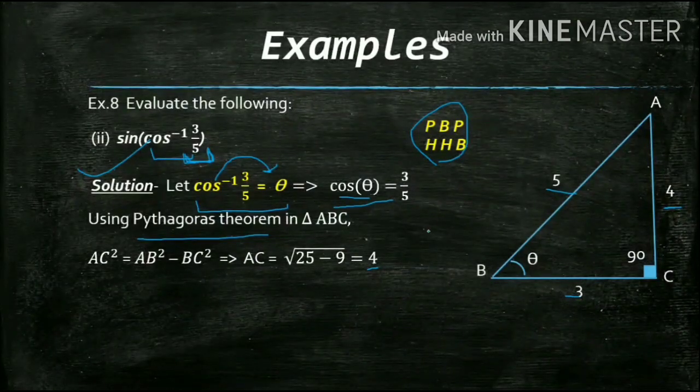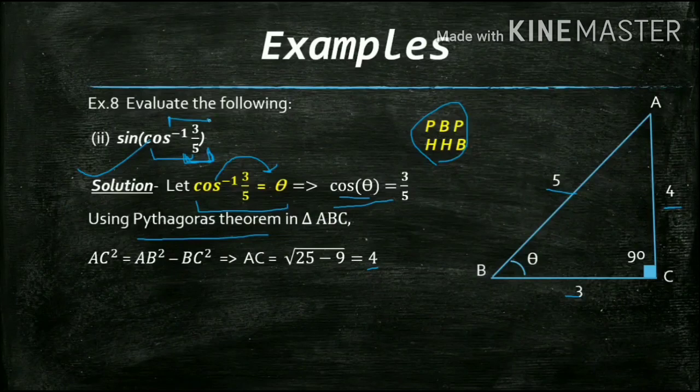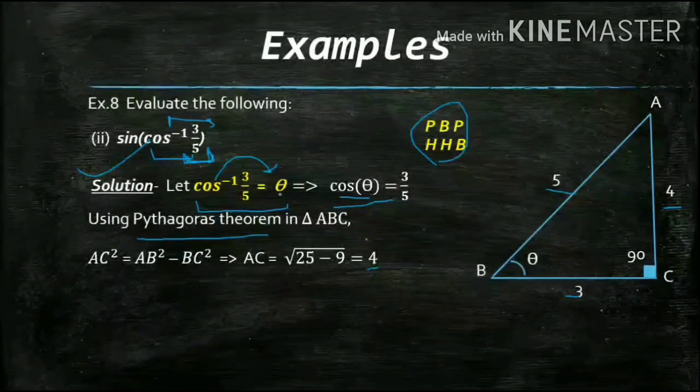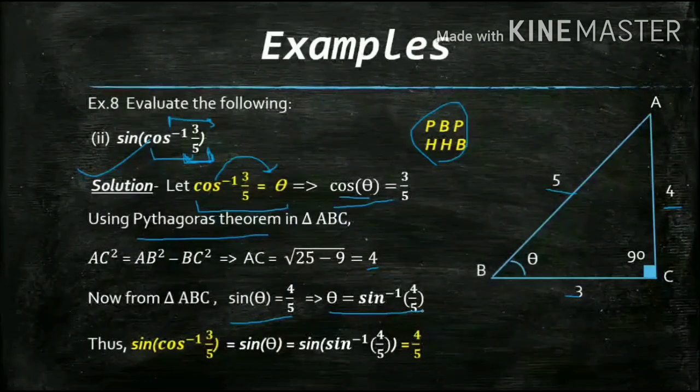What you need to do? I will find sine of theta. Why? In order to apply the self-adjusting property, I want sine inverse on the inner side, so that I can apply that property. And I write this as theta. So if I just find sine of theta, that would be helpful for me. How? Let me tell you. Sine of theta would be perpendicular upon hypotenuse. So that means 4 upon 5. So again I can write theta as sine inverse of 4 by 5.